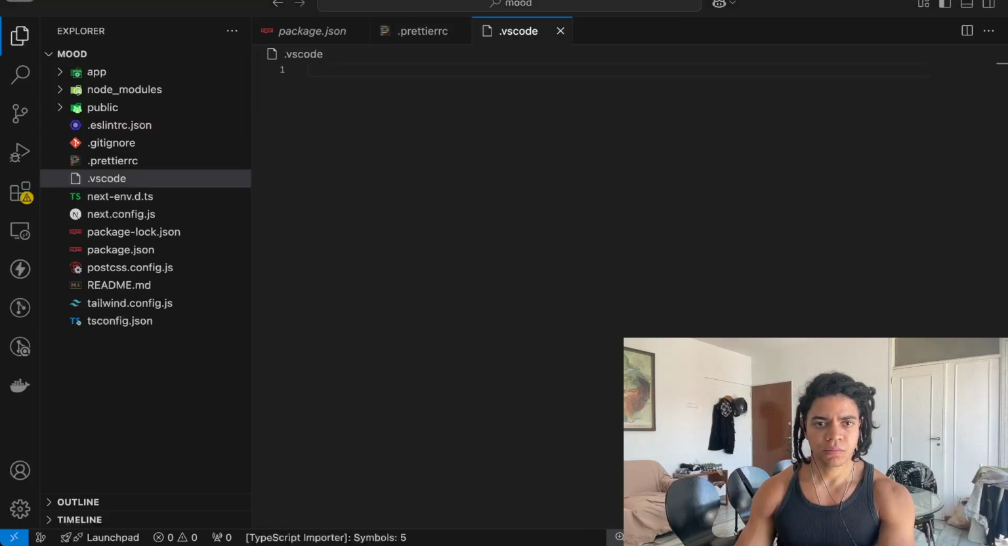And then in the app directory, we just have these 4 files, right? We have a favicon. If you don't know what a favicon is,